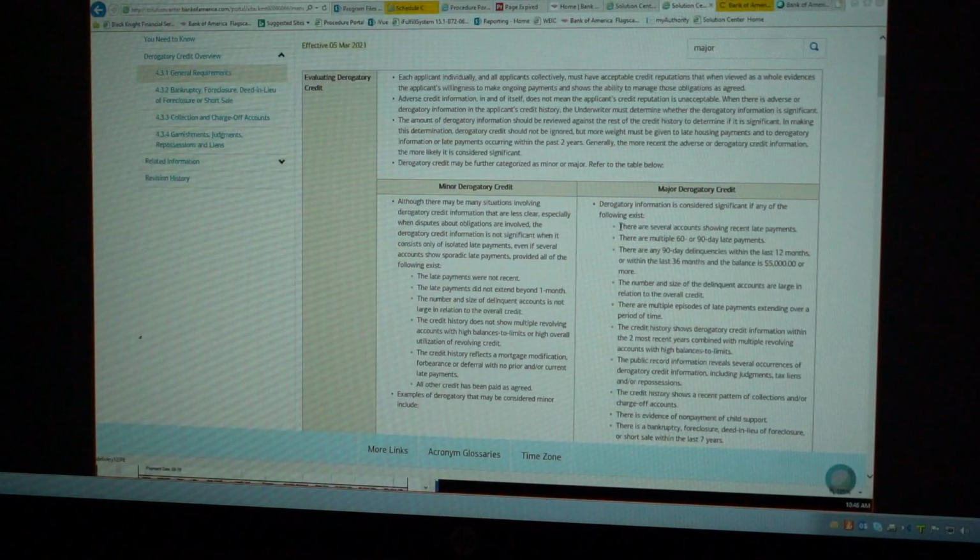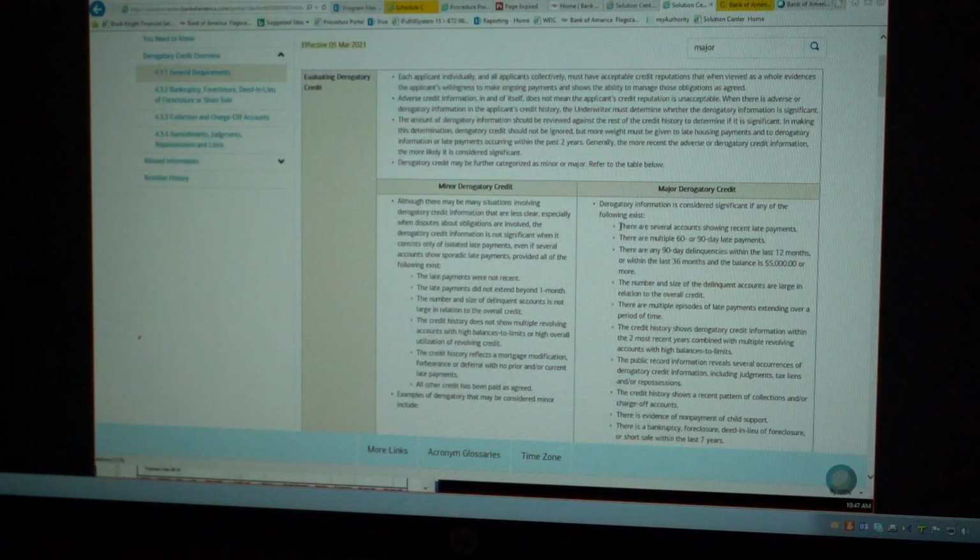So this account is major derogatory credit. Obviously, the issue with major derogatory credit is that we cannot approve a loan with major derogatory credit. So this file is heading towards a decline. Also, if there's any 90-day delinquency within the last 12 months or within the last 36 months with a balance